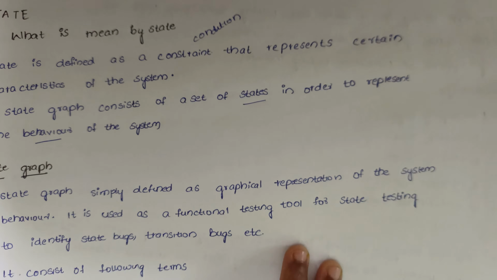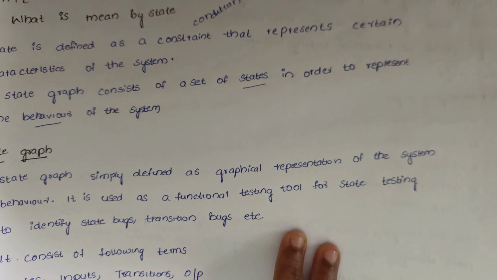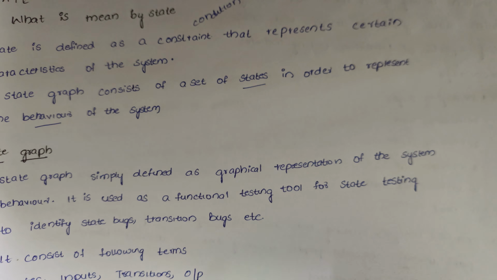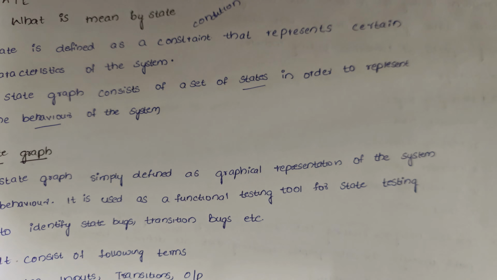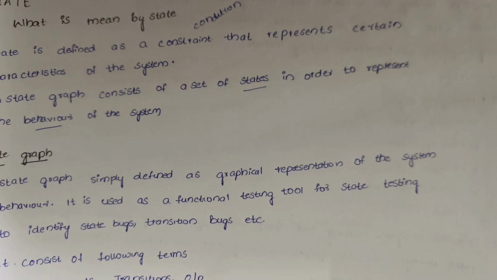What is meant by a state graph? A state graph is simply defined as a graphical representation of the system behavior. It is used as a functional testing tool for state testing to identify state bugs, transition bugs, etc. A state graph is nothing but a graphical representation,